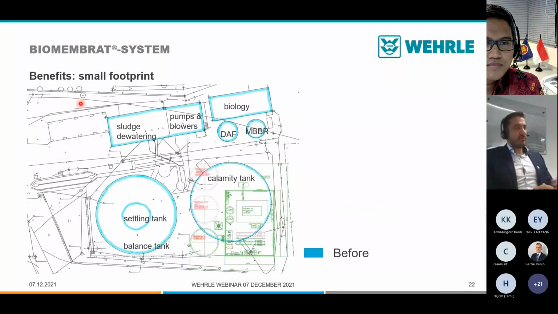Here we see a project where we needed to upgrade an industrial plant. This was the plant from a competitor. After 3 years, this plant was collapsing and we got called because the client was retendering. WEHRLE got the contract, and what we actually did is